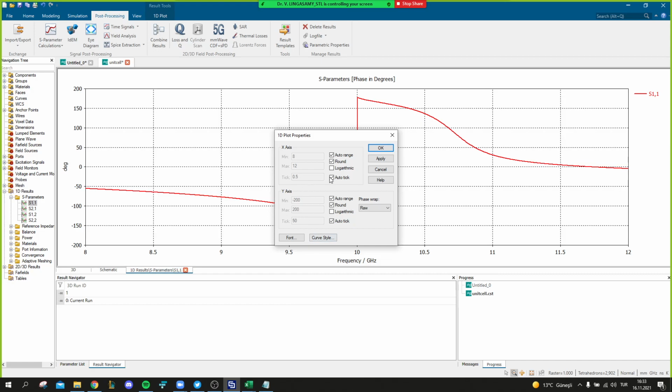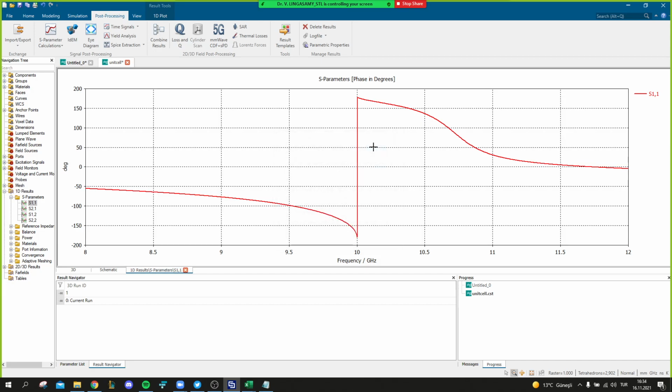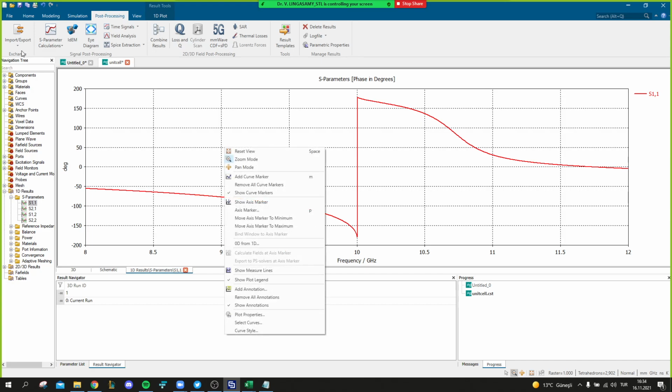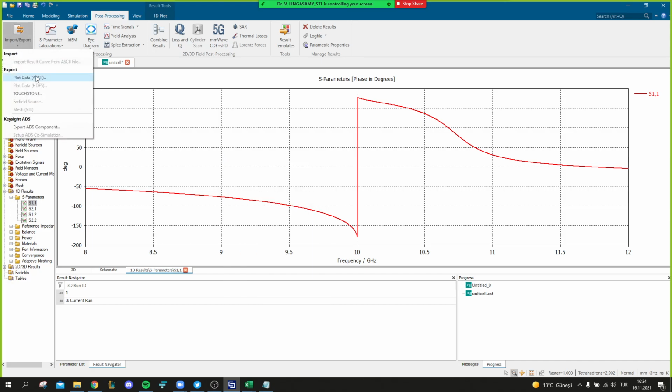Here you can see you are giving auto tick, right? So you can mention it like this. If you export, let's see what it does.